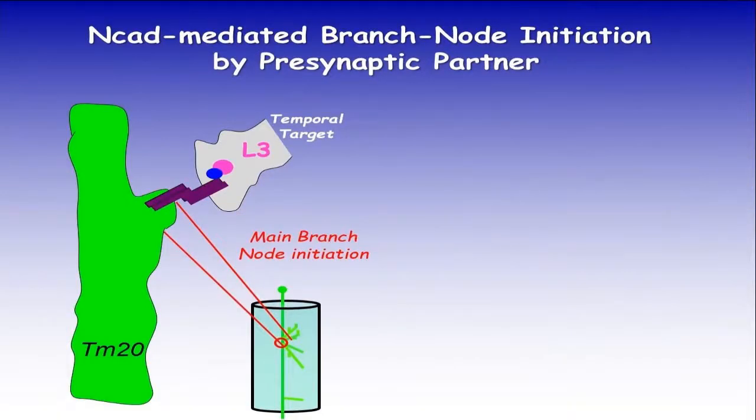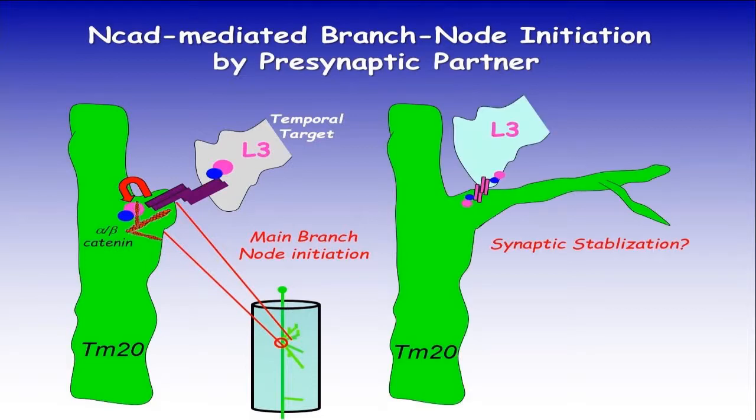So we are now working under the hypothesis that to initiate the dendrite to extend in a specific layer, you need an adhesion that communicates from their target, their presynaptic partner, and in this case it is L3, forming a homophilic interaction with the TM20. Okay, and that requires a signaling process to regulate the cytoskeleton, where they extend through this point and further down. And later on, N-cadherin also mediates synaptic stabilization, which I don't have time to talk about.